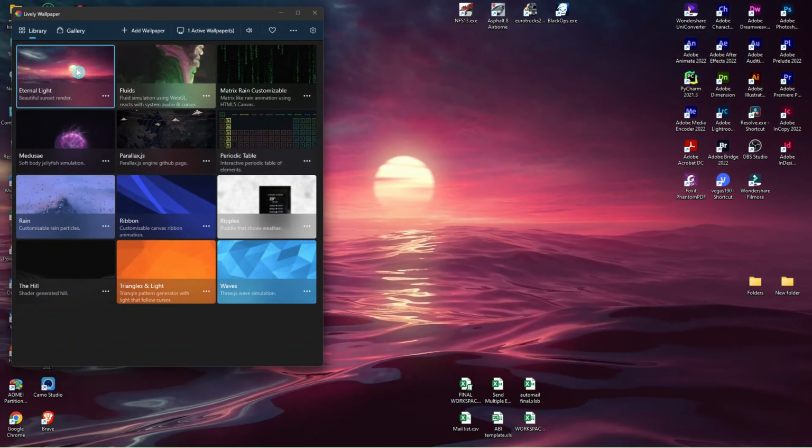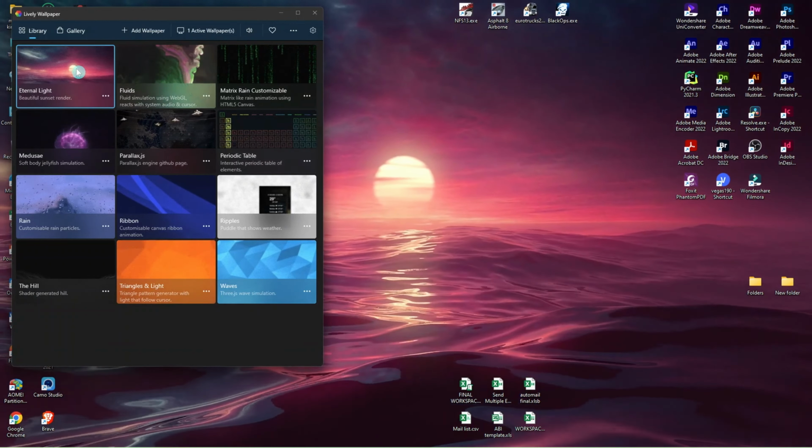Or you can have this one, which will only interact when you click and drag something. When you click and drag, that's when you have this effect. Otherwise, it won't follow the mouse. Or this one, it's a periodic table, and it will follow your cursor. So it's a very nice one. So this time, let's try to close the interactive wallpaper. Like we said, you click on active wallpapers, and around this point you can hit close,